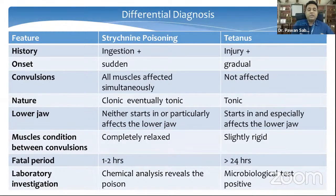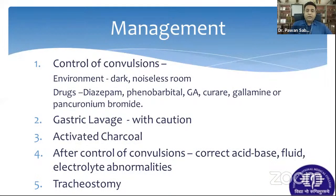Muscle condition between the convulsions: they are completely relaxed in strychnine poisoning. However, in tetanus, it is slightly rigid. Fatal period is very short in strychnine poisoning. However, death occurs in tetanus after more than 24 hours. Laboratory investigation will confirm the diagnosis. Management: first thing,